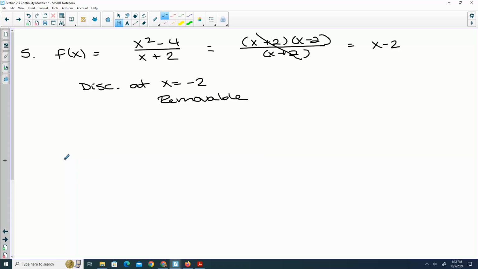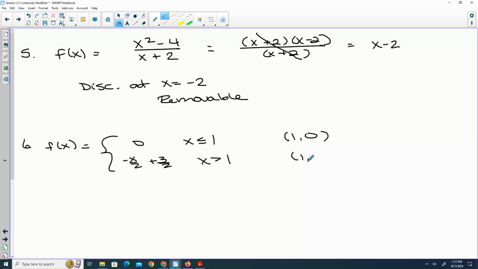All right. Number 6. So we have our function: 0 when x is less than or equal to 1, negative x over 2 plus 3 halves when x is greater than 1. Where should we be concerned? At 1. So let's check. The first one, if you plug in 1, you get out 0. Second one, if you put in 1, you get out 1. So definitely discontinuous